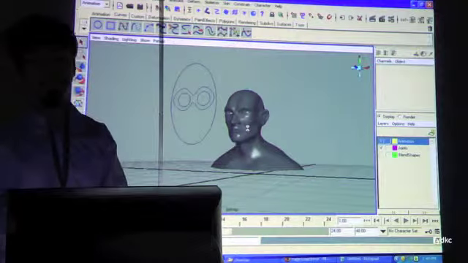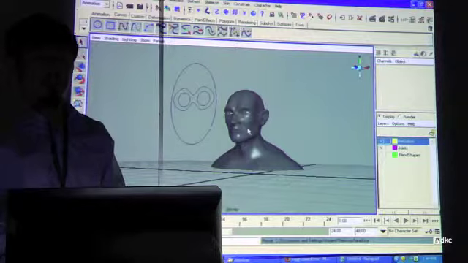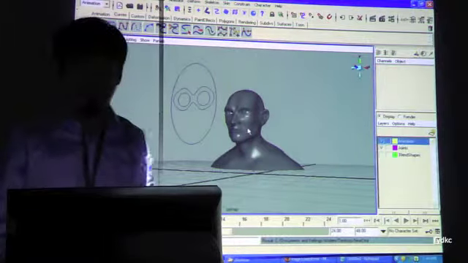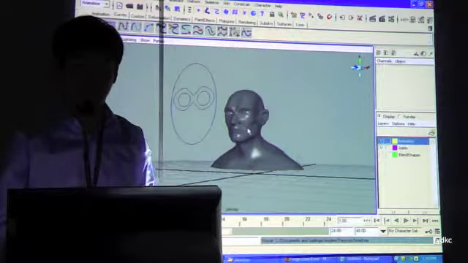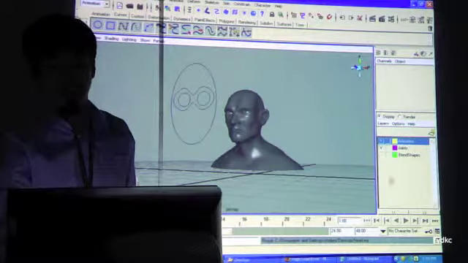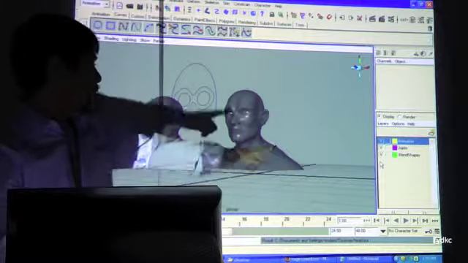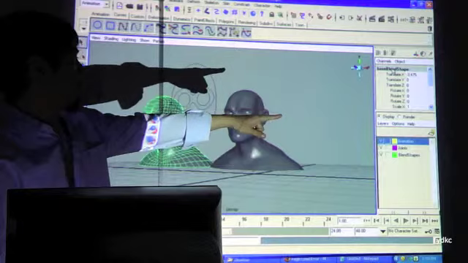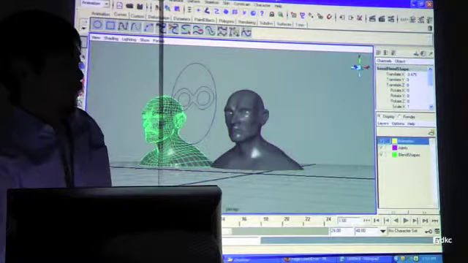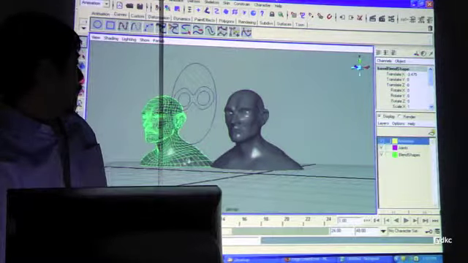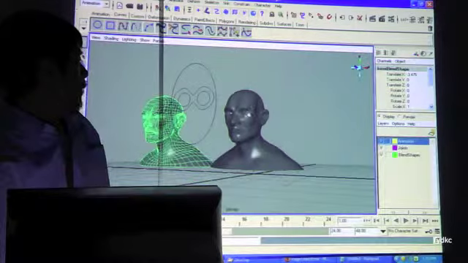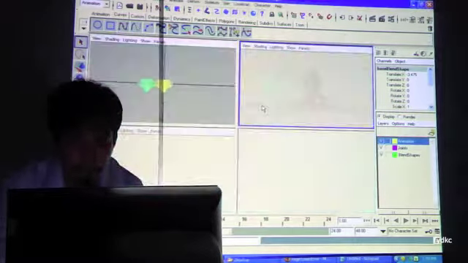Alright, class, next would be creating the blend shapes and applying them to the head. I'm not going to do all of the blend shapes because that will take too much time. So I'm going to open up the blend shapes layer, and this is our base blend shape or master blend shape. We're never going to modify this. We will, however, duplicate it so that we can use the duplicates of this to create the blend shapes for the head. So going to front view,